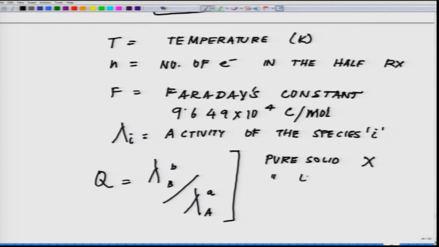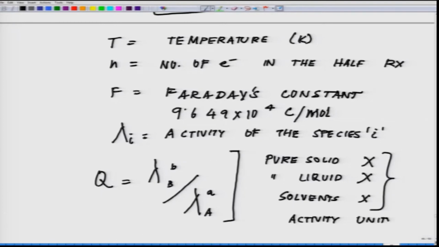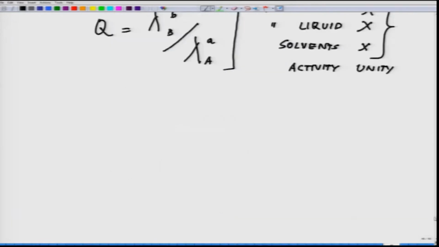Pure liquids, again you have to omit them, and solvents you have to omit because their activity is unity, and if the activity becomes unity, then this whole equation will become 0, okay. Now, for activities close to unity, concentrations of solutes are expressed as, this is the important part,